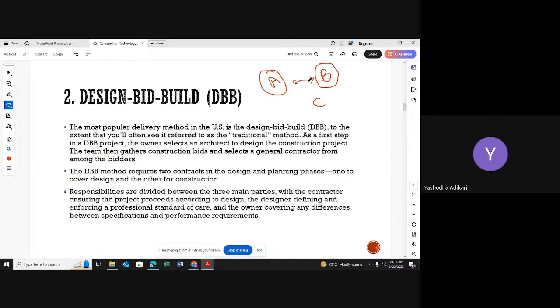So as a client, I am the responsible person for this. The contractor comes and says the details are not given properly in the drawing, so he cannot construct this. He is coming and telling it to the client, not to the designer, because they have no interconnection.